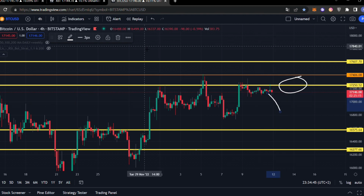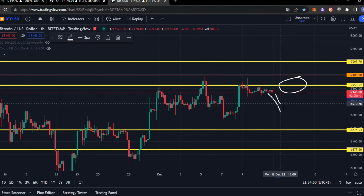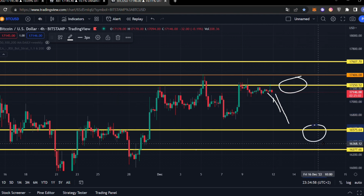And guys, right now if we're gonna have the breakout of this rising wedge pattern, we're gonna probably have a big move, a big rejection instantly. And the problem here is that we have major support here, which is really strong, the $60,575, and this is gonna play a big role if the crash or a big rejection is gonna be instant, or